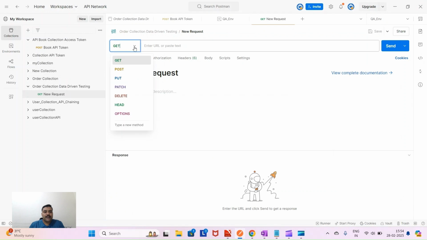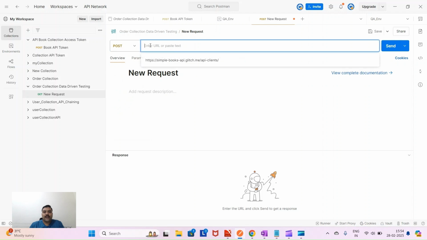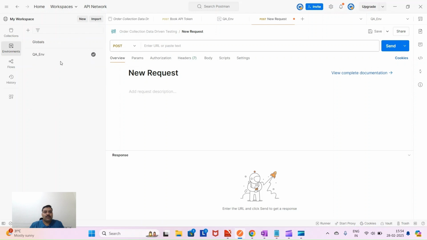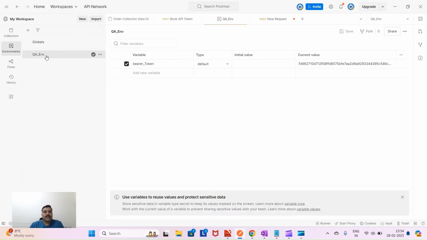First of all I need to choose the request, and this time I will not paste the URL like this, https simplebooks api glitch.me. I will set this value into the environment variable, and from the environment variable I will take the value here. So how will we do it? Go to the environment, the QA environment. I have already created this QA environment, and here I am using